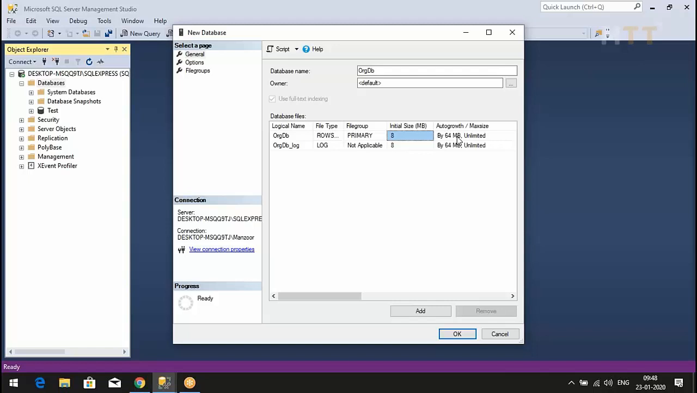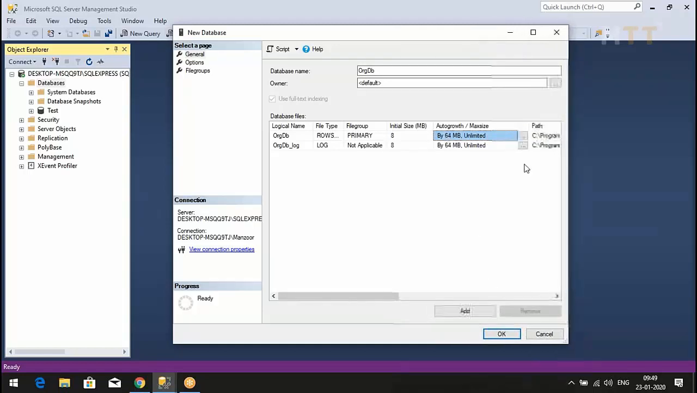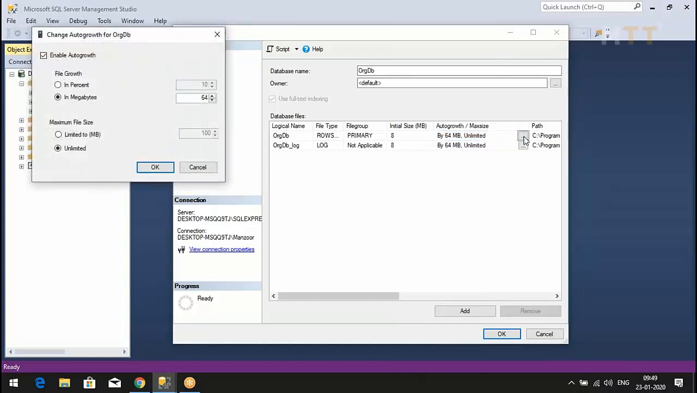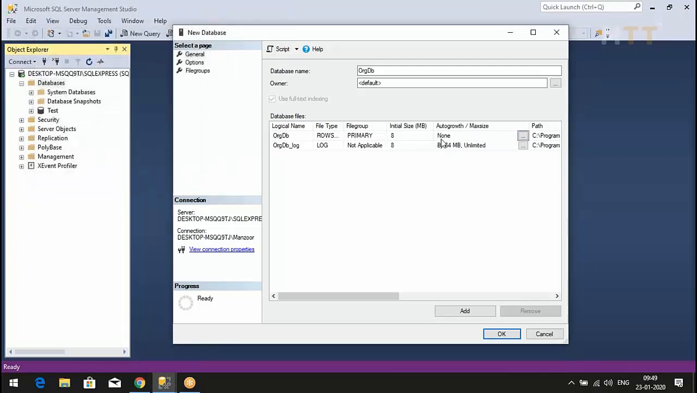Automatically it will grow. We need not to worry about that. And how long it should grow? What should be its maximum size? Unlimited. Means whatever the hard disk you have. Are you getting my point? Can we control this? Yes, we can control this. I'll click on this. I'll uncheck this. Now it will not grow. We have given only 8 MB